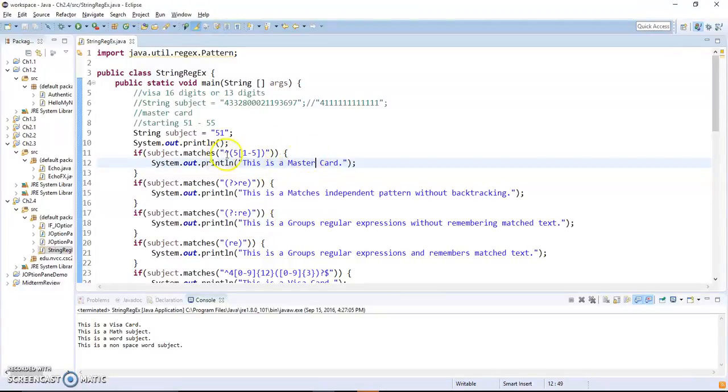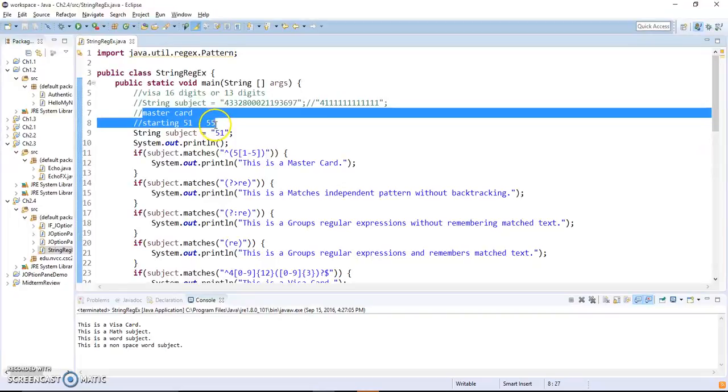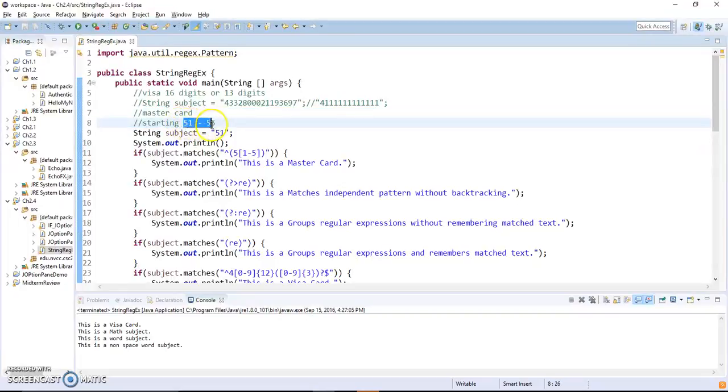Now in this video we're going to show you how to use regular expressions to test a MasterCard. We know that the rule is MasterCard has to start with the numbers 51 to 55. Then we start testing the regular expression starting with a group of 51 to 55. This is a MasterCard, right? So we just do the first two digits first, and just test 52,